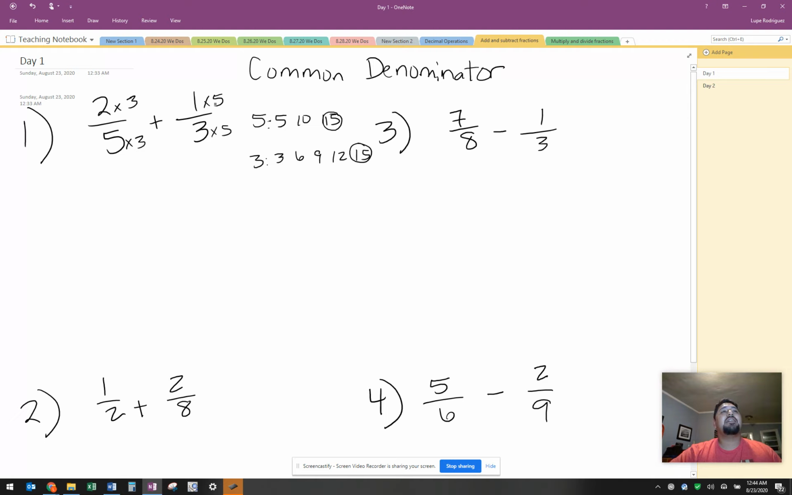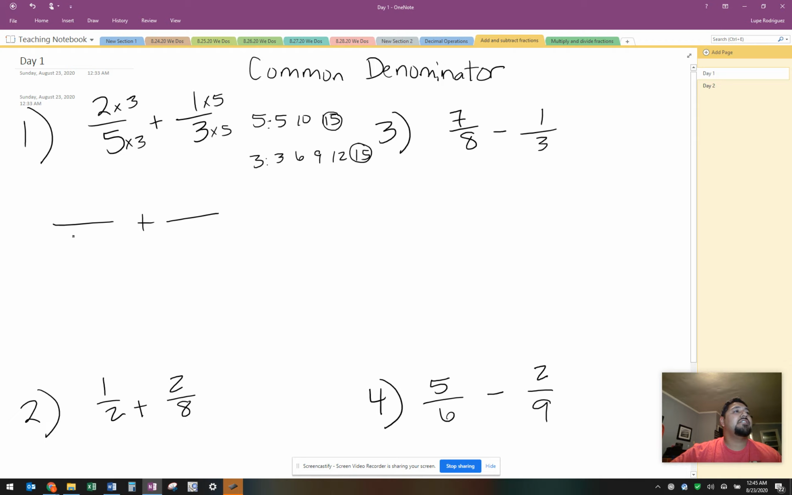Why am I multiplying times 5? Because for the 3, it took me 5 to get to a common denominator. And so if I multiply the denominator by 5, I'm also going to do that to the numerator in order to keep the same ratio between the 1 and the 3. All right, so